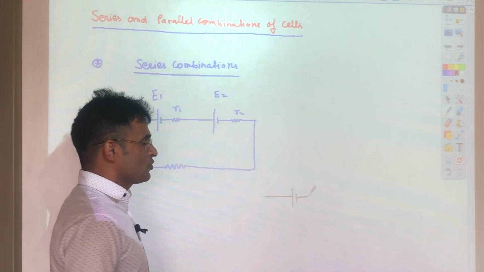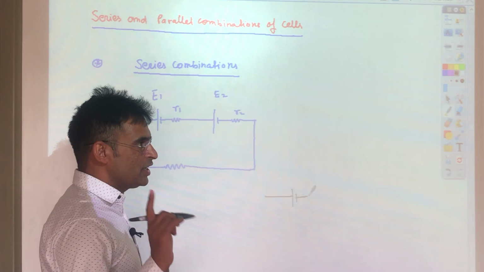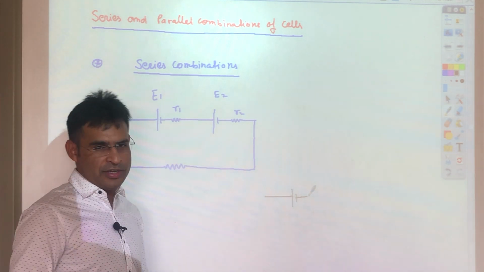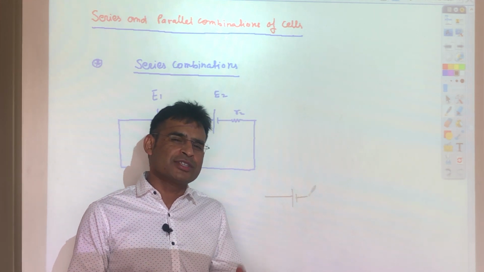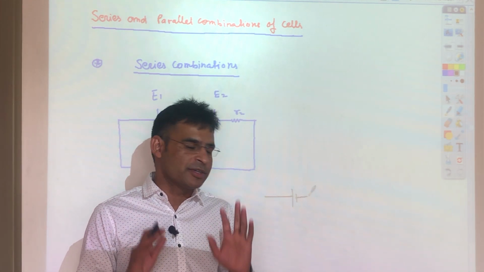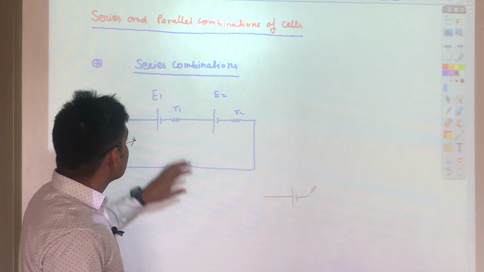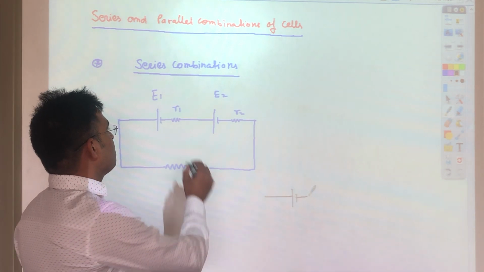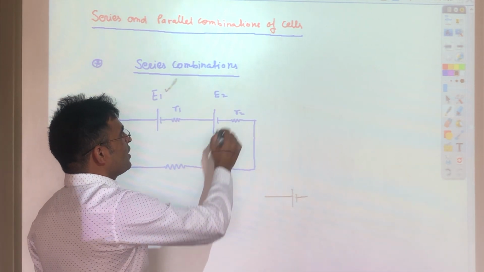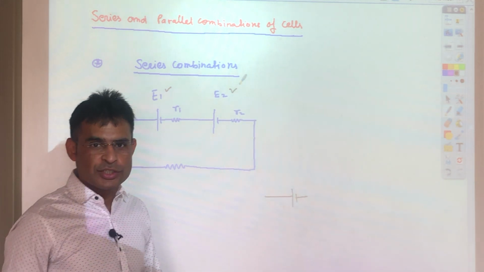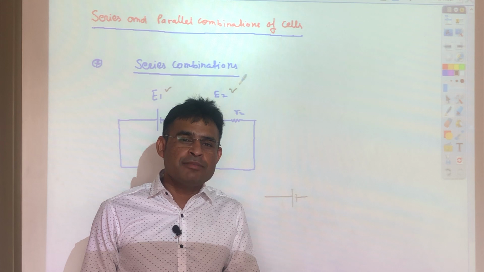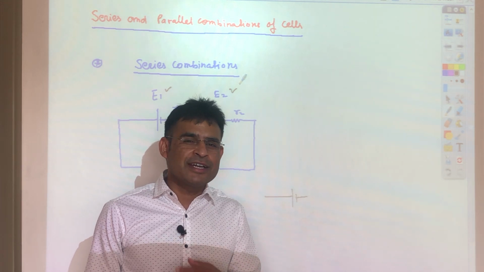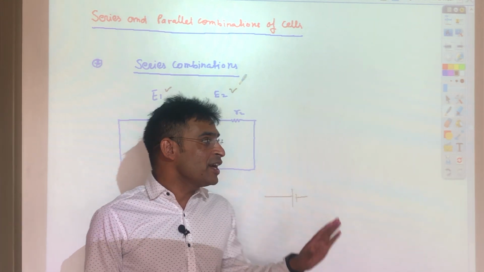internal resistance. So, what we are doing basically, we take two batteries right now. If you are able to derive some expression for two batteries, that will be true for 3 batteries, 4 batteries, 5 batteries, whatever. So, right now I am just taking two batteries, and the EMF of the first battery is E1 and the EMF of the second battery is E2, and everything is made of some material. Basically a battery is also made of some material, electrolyte and so many things. I am not going there, but it is made of some material.